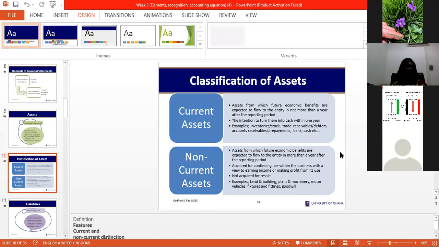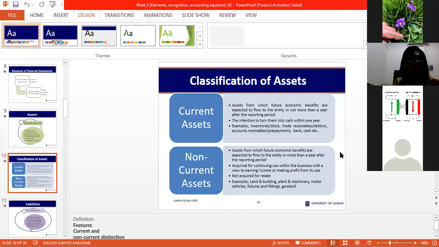We have what we call the periodicity concept, or the time interval that allows us to break our finances or our years into periods. And so any period, normally it is 1 year, 12 calendar months. Maximum should be 15, but normally it is recommended.